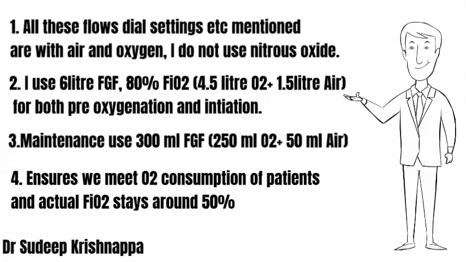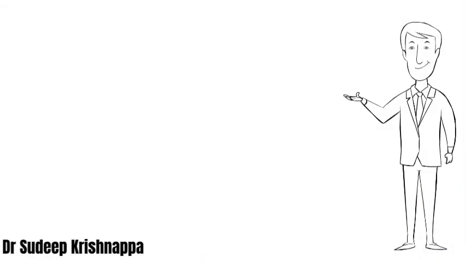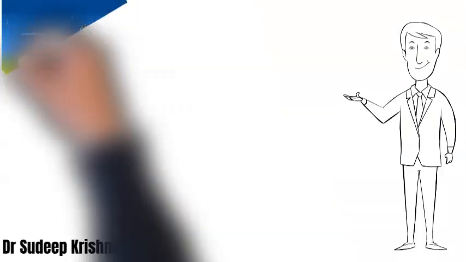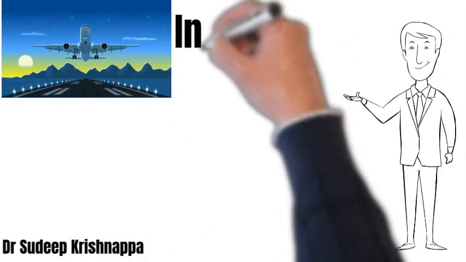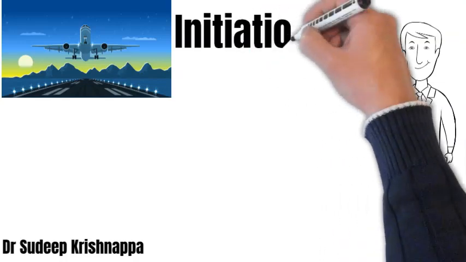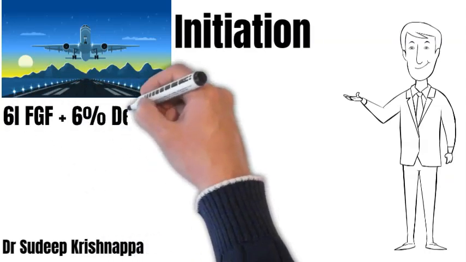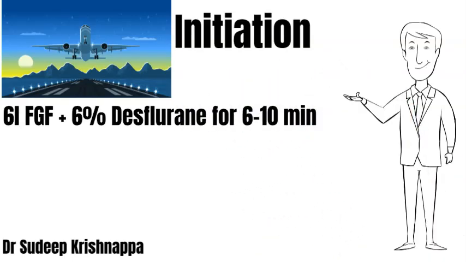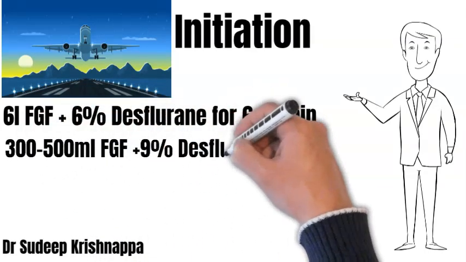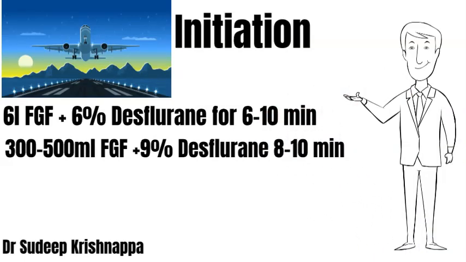For initiation, as mentioned in the prelude, I use 6 liter fresh gas flow with 80% oxygen. I set the dial concentration of desflurane to about 6% for about 8 to 10 minutes. Alternatively, you can keep an eye on the agent concentration, the difference between the inspired and the expired agent concentration. Once it drops to below 1%, you can reduce the fresh gas flow to about